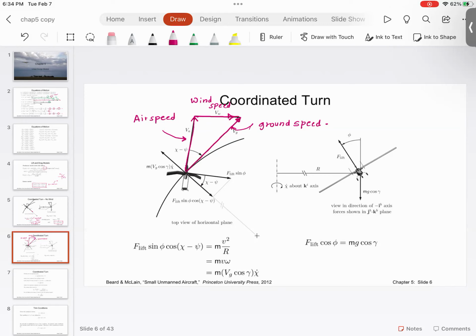Typically in helicopters, if you look at Apache helicopters, in front there is a long, small pipe that comes out. That is used to measure the airspeed. It has two holes, and you can measure the absolute pressure and the relative pressure. Using Bernoulli's principle, you can find out the speed of the upcoming airstream. So coordinated turn is an